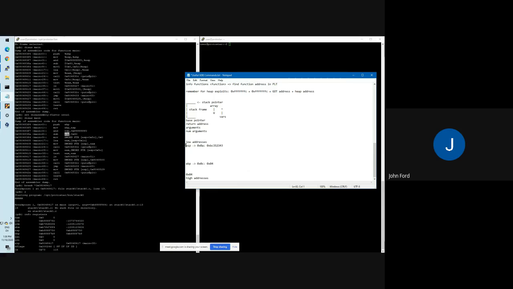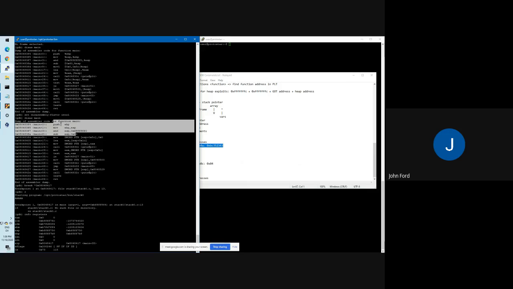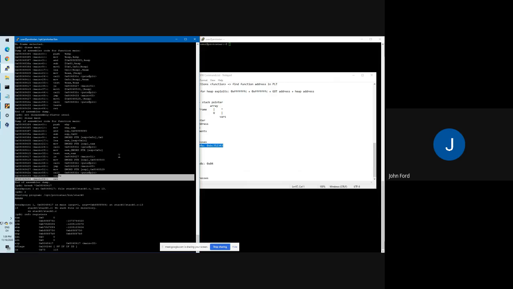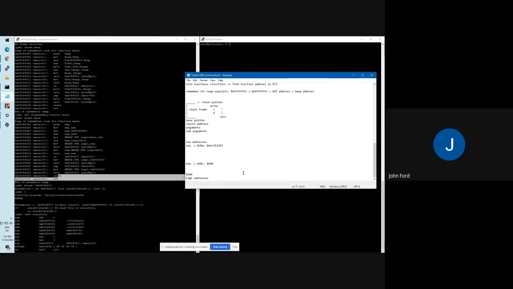So now this space here is the space we're going to be using to store variables on the stack. Hopefully that makes sense. Now, that's what it does at the beginning. All functions, you're going to notice, have this similar setup at the very beginning. And at the end, you'll also notice a similar thing. You'll have leave and return. Now, if you actually look at what leave does, and I'm not going to bother looking it up, but essentially